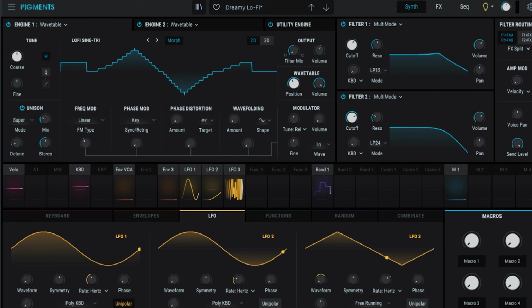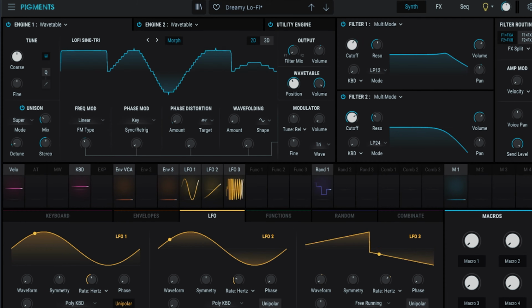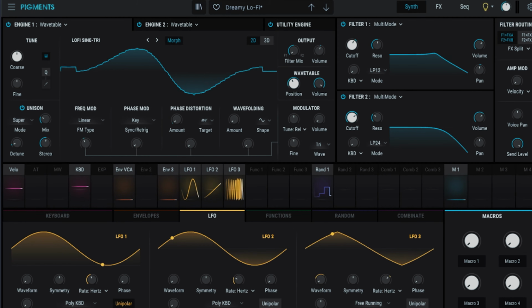In today's video, we're going to be doing some synthesis using Pigments 3. I'm going to be synthesizing this. I've already actually done it, and what I'm going to do is reverse engineer it so that you guys can do this at home and learn a little bit more about Pigments 3, which is a super powerful VST. It is incredible what this thing can do, and I am more than likely going to be making